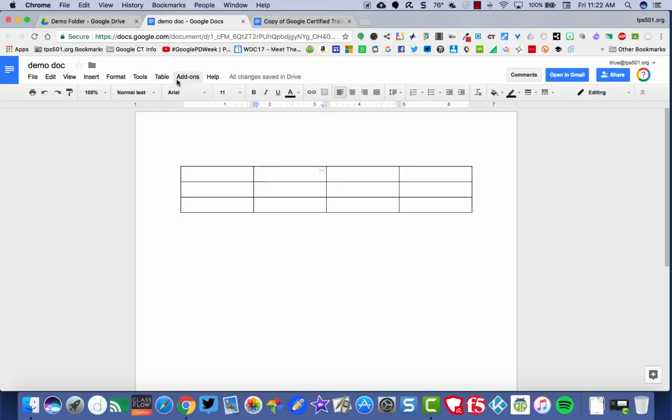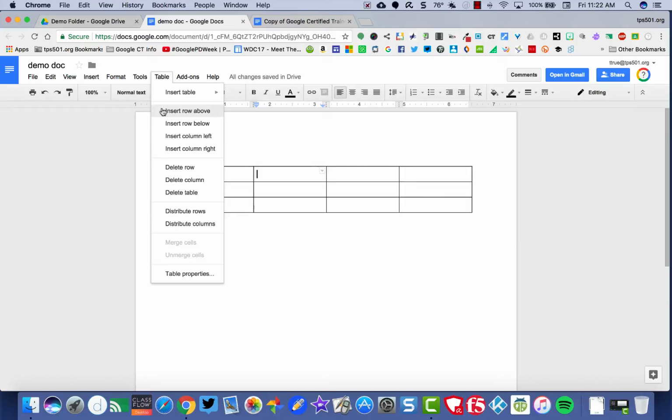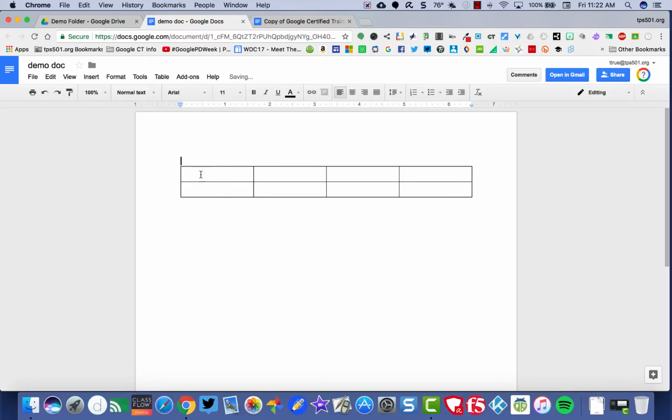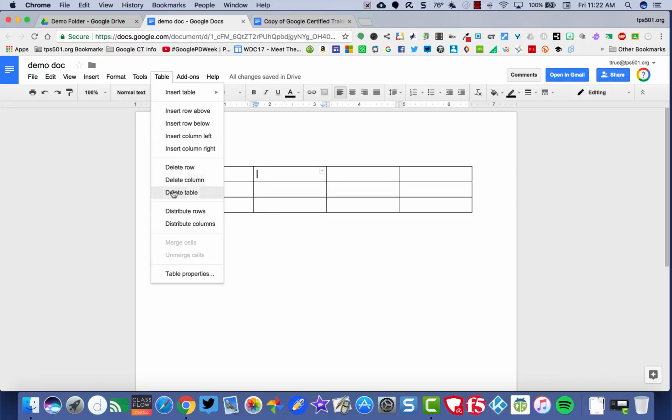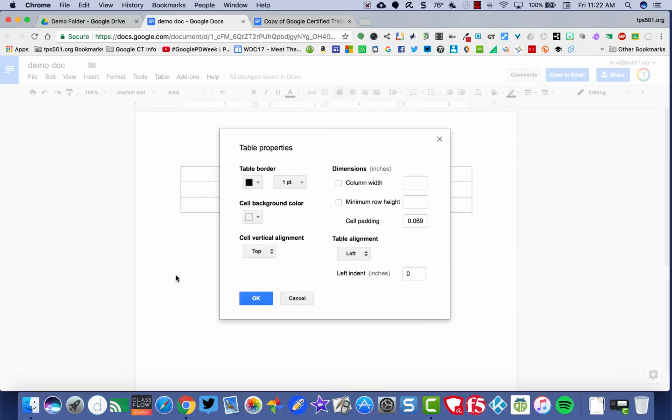Wherever my cursor is, I can insert a row above that row. I can insert a row below it. I can insert a column to the left of the cursor. I can insert a column to the right of the cursor. I can delete the row, just like I did there. I can delete the column. I can delete the entire table here. And if we go into table properties,